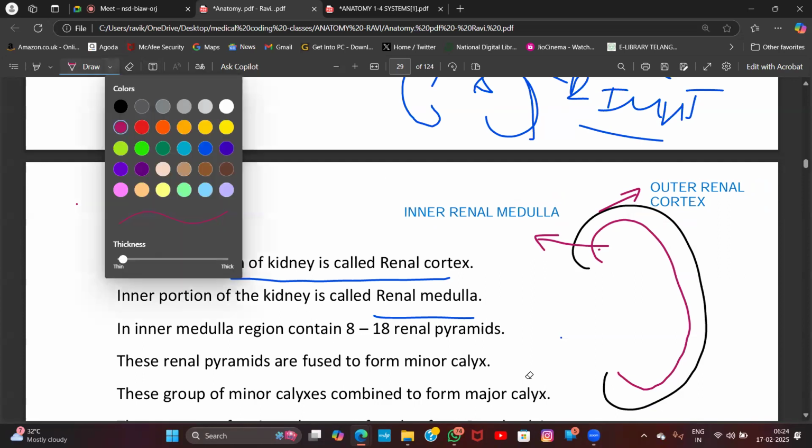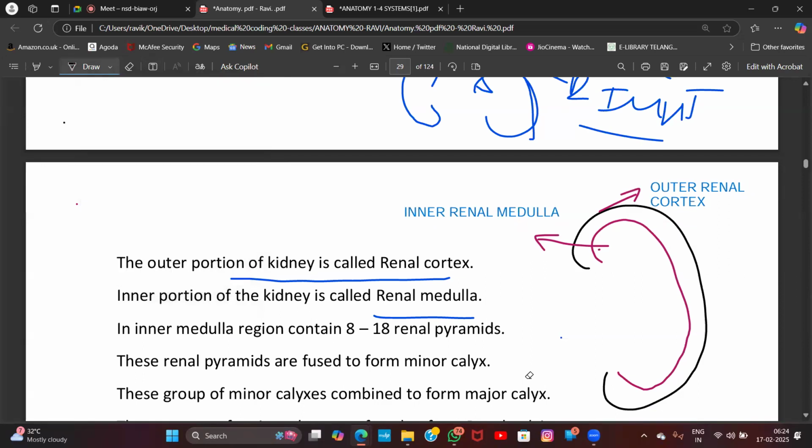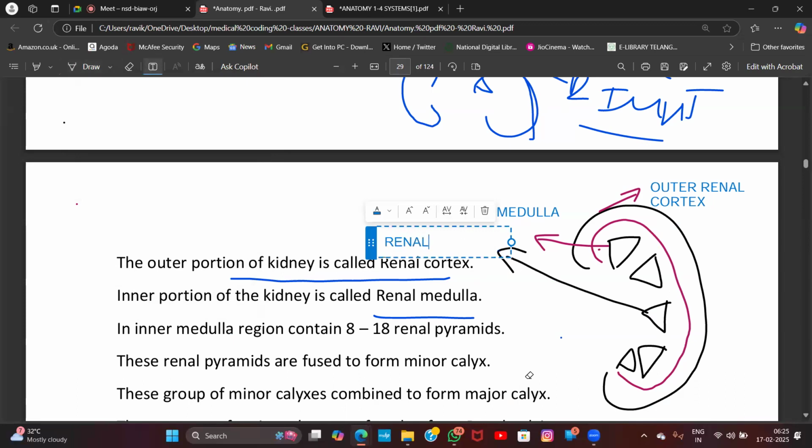This inner renal medulla contains 8 to 18 pyramid-like structures. Do you know pyramids? Egyptian pyramids. The pyramid-like structures are called renal pyramids. These renal pyramids are fused to form